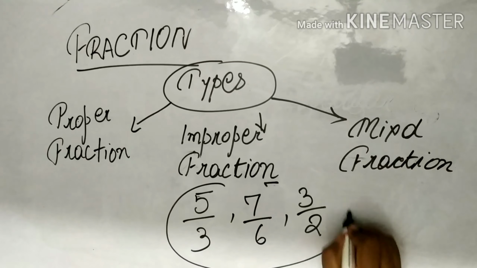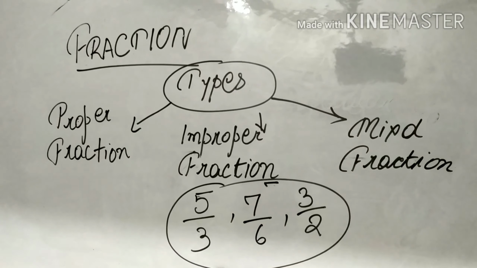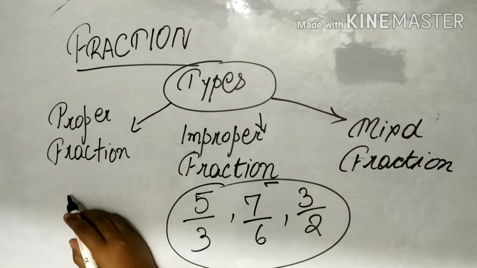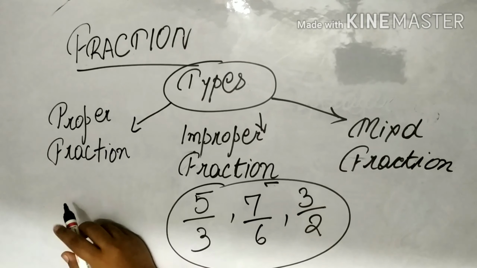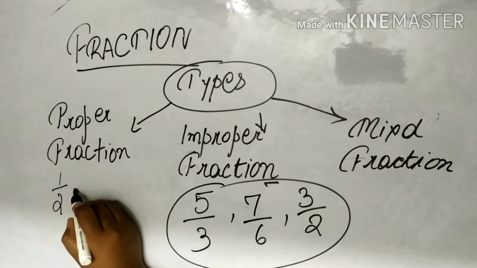All these are improper fractions because the numerator is greater than the denominator. While on the other side, in proper fractions, the numerator is always less than the denominator, like 1 by 2,